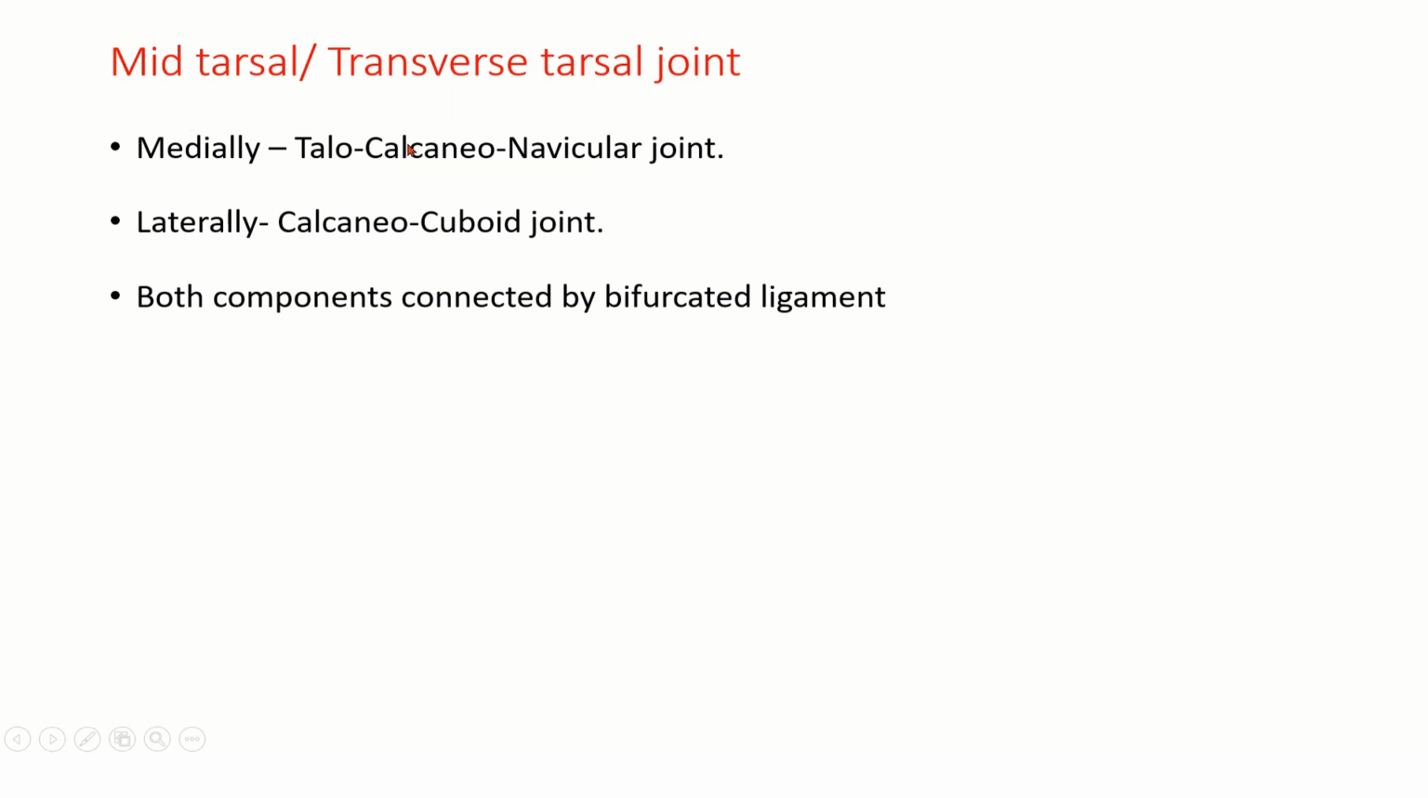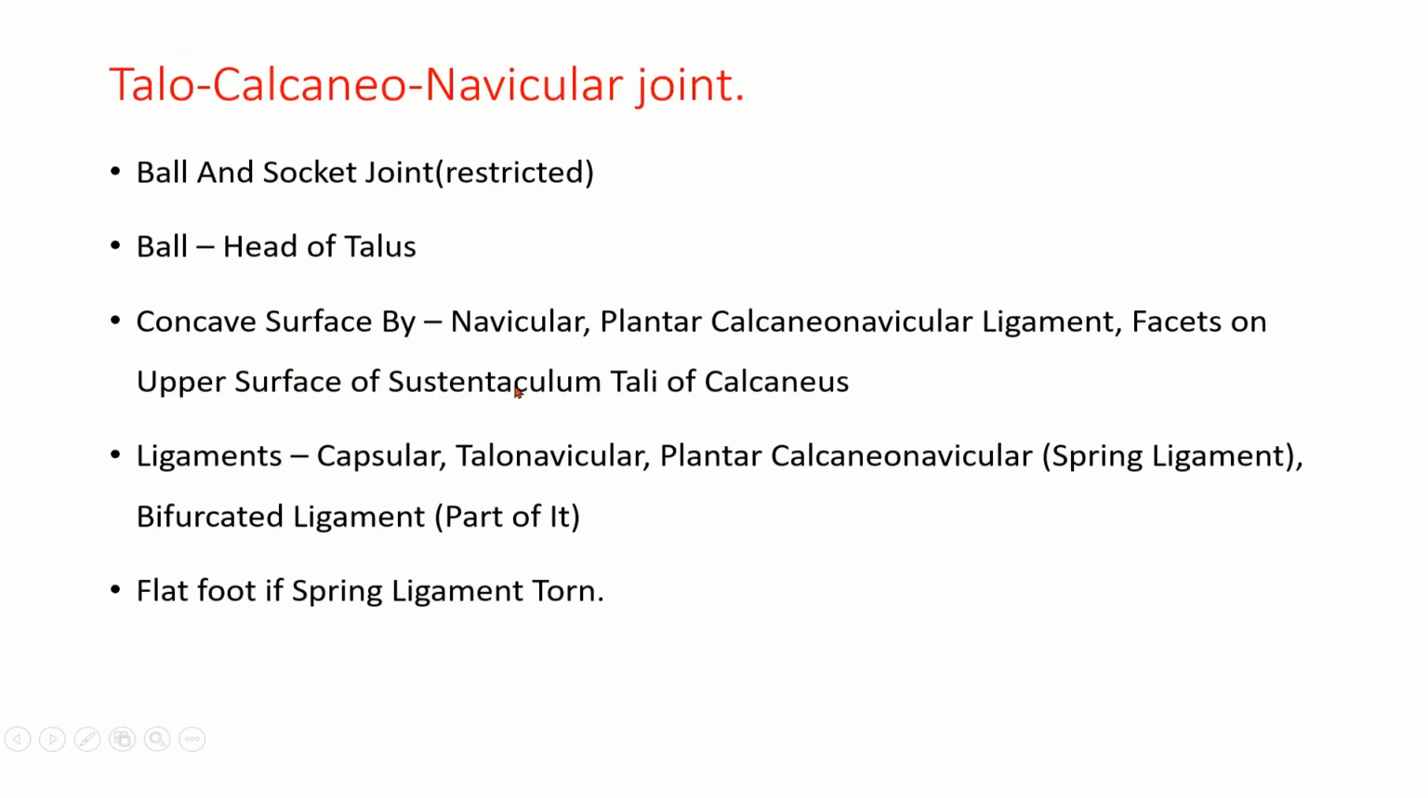So mid-tarsal or transverse tarsal joint, this is the most important. It has a medial component, the talocalcaneo-navicular joint, and a lateral component, the calcaneo-cuboid joint. Both components are connected by the bifurcated ligament. Talocalcaneo-navicular joint, it's a ball and socket type of joint, a restricted ball and socket type. And the ball is formed by the head of the talus. The concave surface is formed by the navicular, plantar calcaneo-navicular ligament and facets on the upper surface of sustentaculum tali